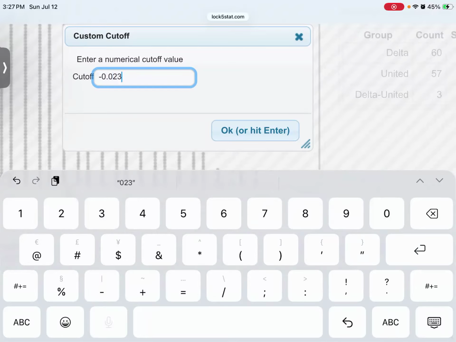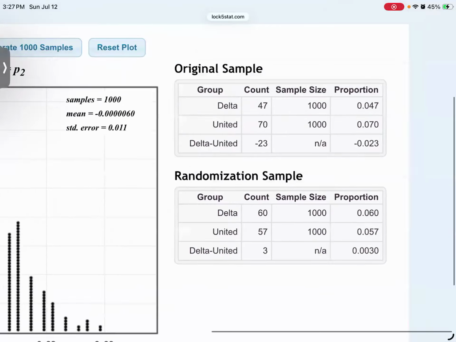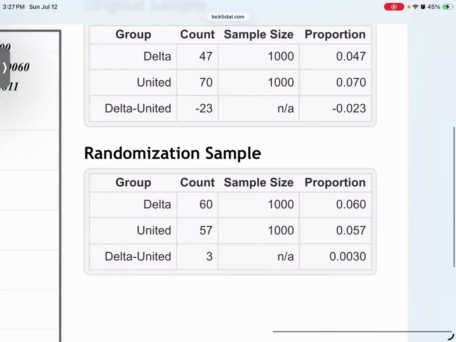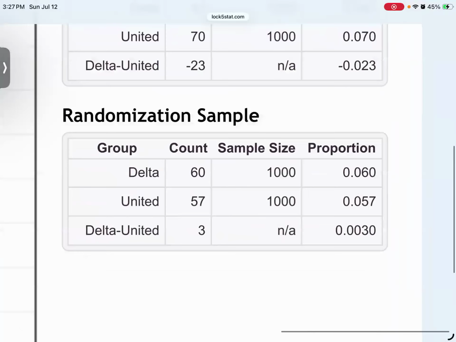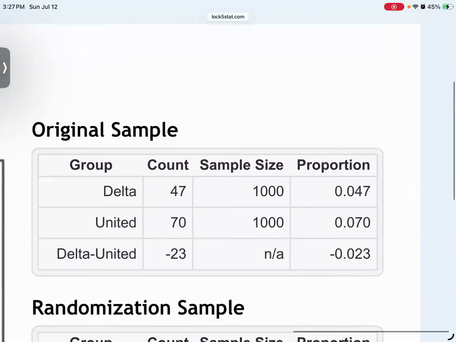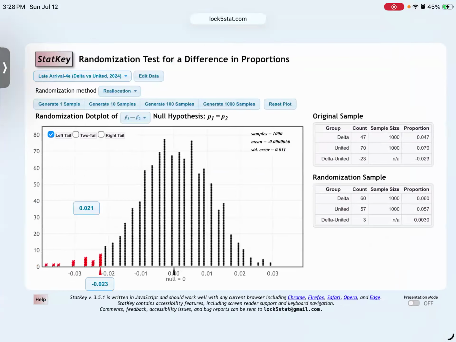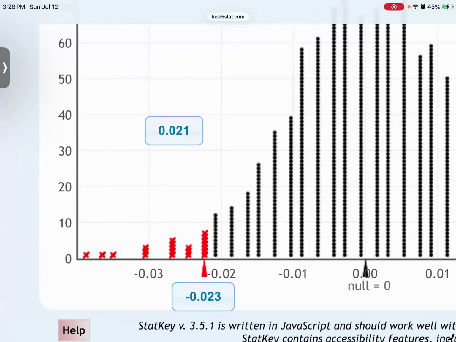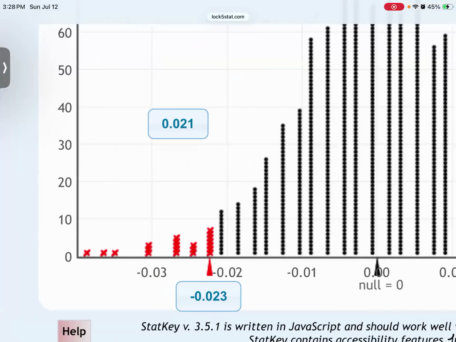0.023. Click OK. So whatever statistic you have right there in that bottom right corner, don't get confused with the randomization sample, the original sample. And so I got it down there, negative 0.023. You can see that Stacky is now counting the dots that are above it and to the left. If it's not counting the dots perfectly for you, that's okay. As long as you manually put it in there, the p-value is right above